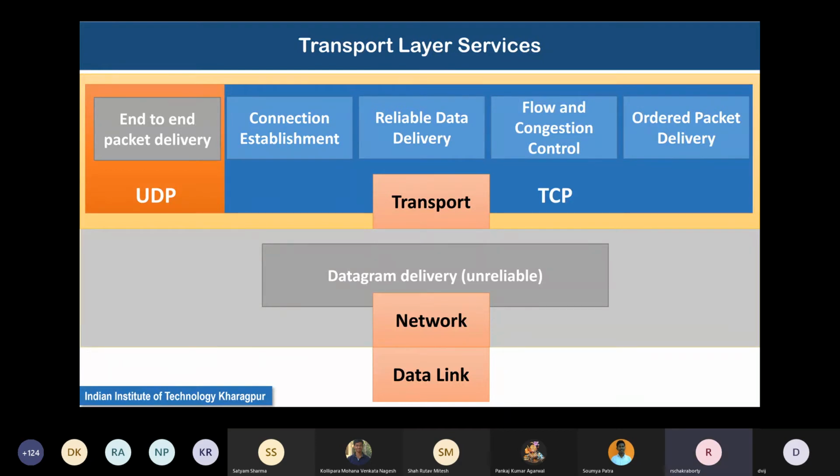Then comes the network layer. We will not go into details of its working now, because we will discuss it in detail when the time comes. But essentially it performs unreliable datagram delivery. By unreliable, it is meant that it tries its best to deliver the datagram, but there is no guarantee that it will be able to deliver it. On the way, the datagrams might get lost, might not reach the end, might get killed by the routers if certain conditions are violated. Okay, many things can happen.